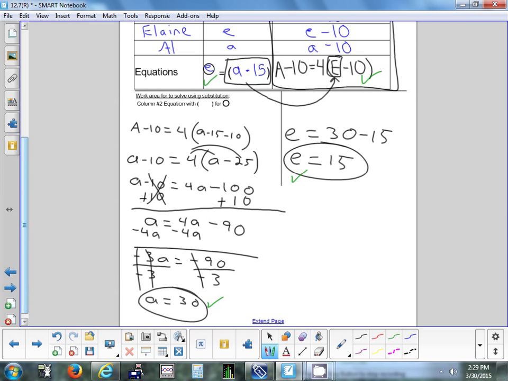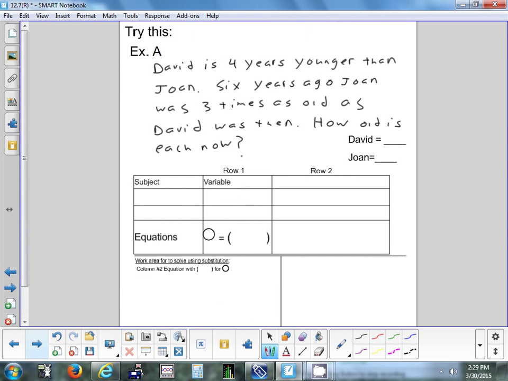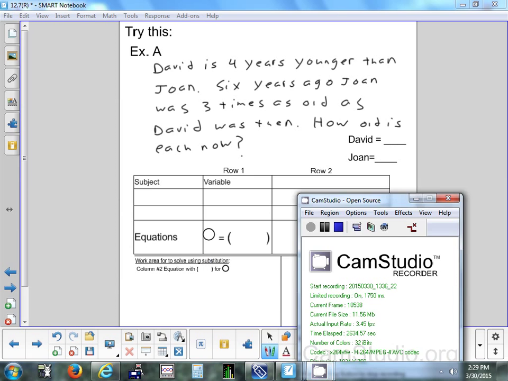All right, so Mr. Wright, you want to have them do that one on your own now? Okay. So guys, try this one on your own. Okay, so you have the space where it says try this, you have the space